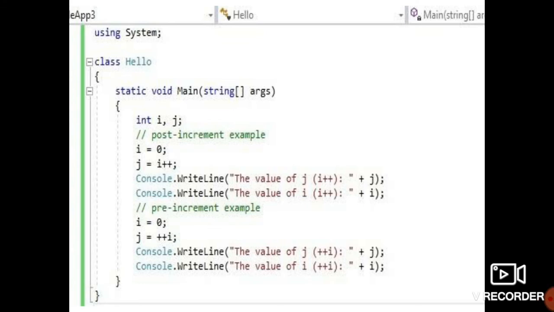Now see, this is a complete program of Java. Here int i, j: i and j are the variables. The value of i is 0, the value of j is i plus plus. So now what we have to do is use post increment and pre increment and give the value.